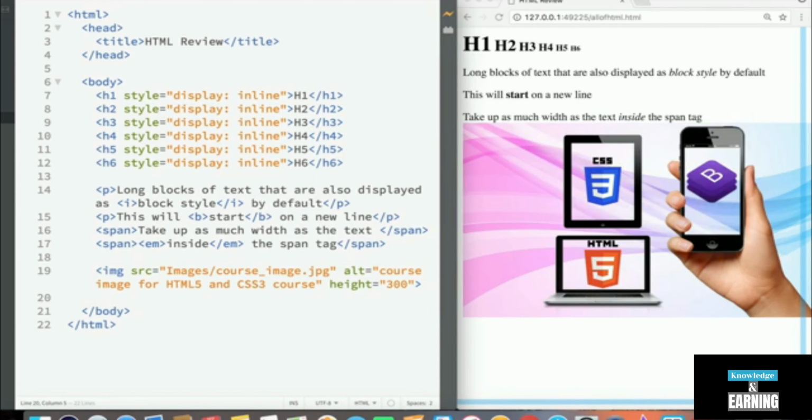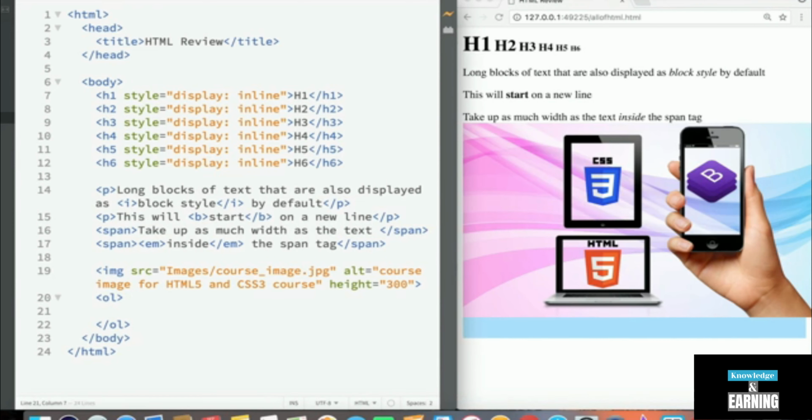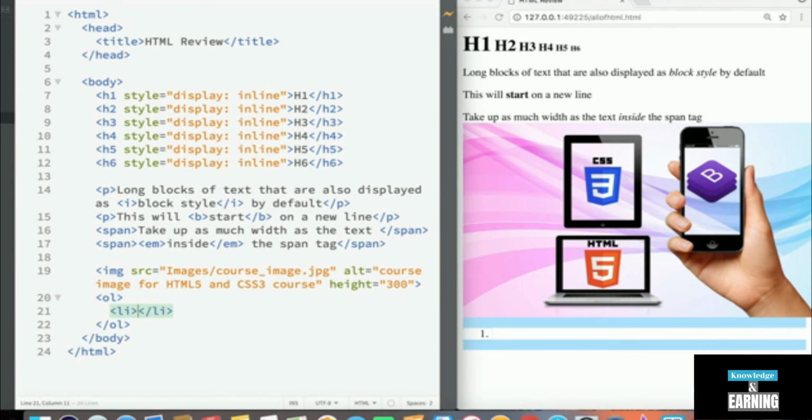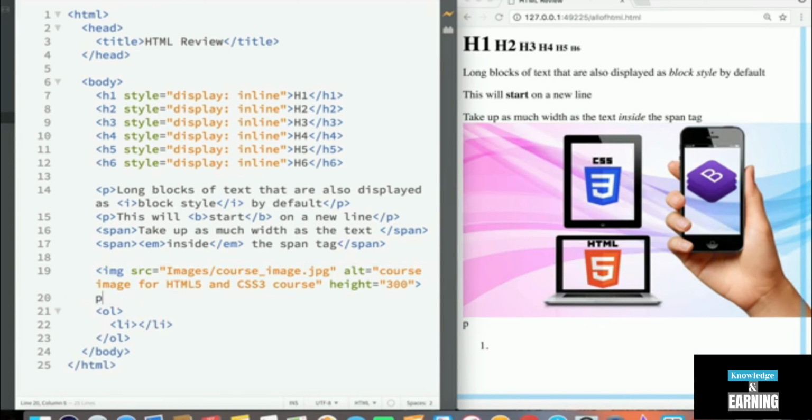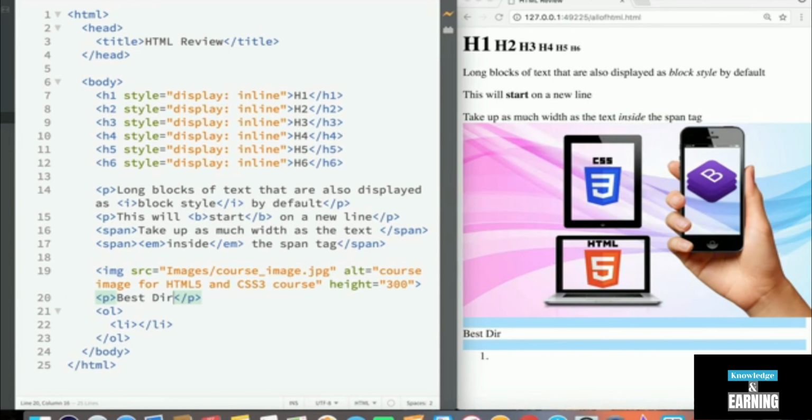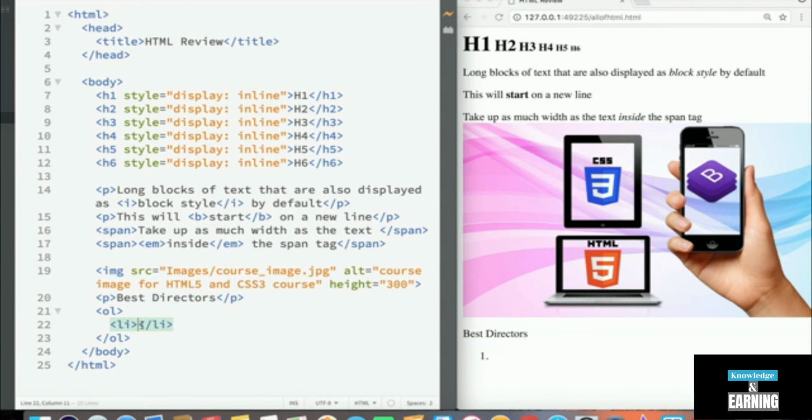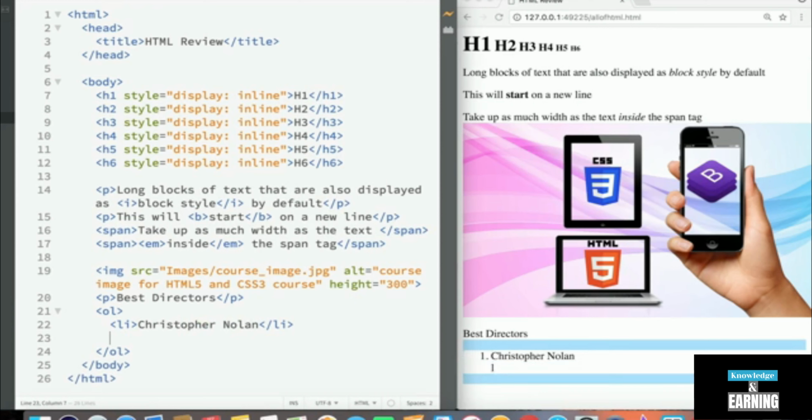Other formatting elements we have available are ordered lists and unordered lists. Ordered lists can accept a list item. And this is a good way for ranking items starting at 1. And let's call this list best directors and rank it starting at Christopher Nolan. And then we have James Cameron,